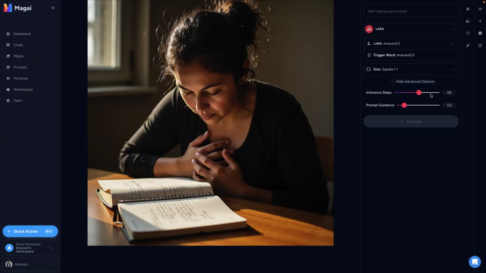You can do more advanced and play with the inference. I leave it alone because it's pretty good. And let's just say that I want, let's see, so I'm going to use my trigger word. I'm going to copy it there and paste it in there.